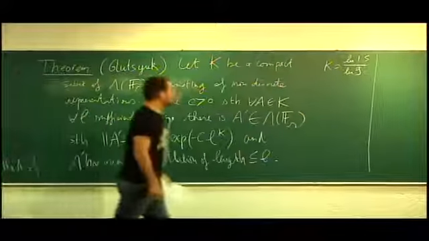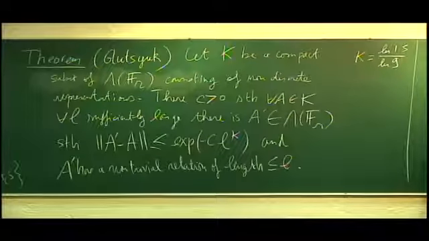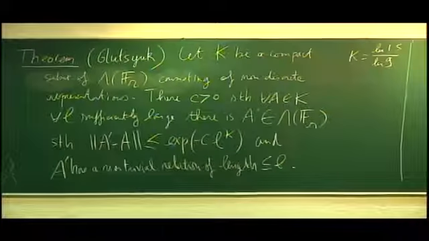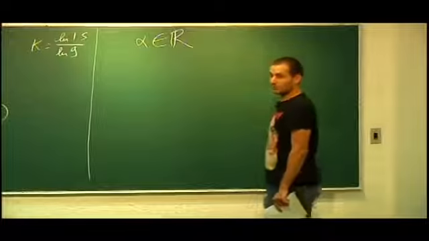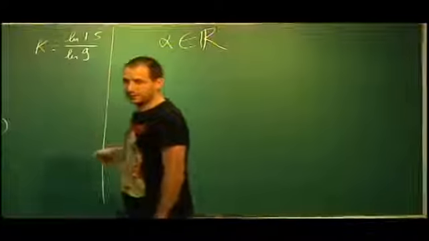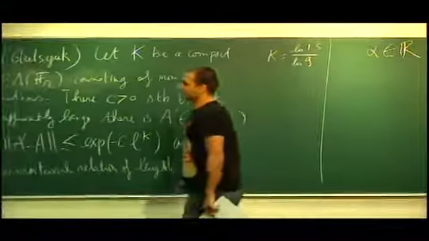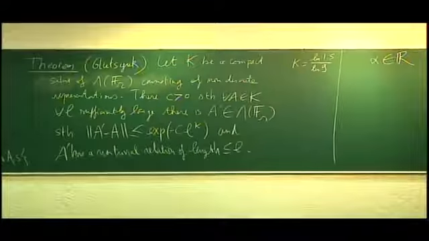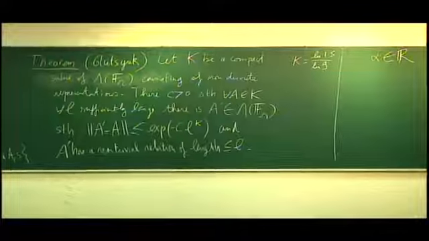So the idea, I recall to you, is that if you take a real number alpha, we will try to speak about approximation of real numbers by rational numbers, and then we will try to mimic what we do on R in the context of non-discrete representations, meaning that we will try to look at how we can approximate a given representation by representations in special subvarieties. So if you take a real number alpha,